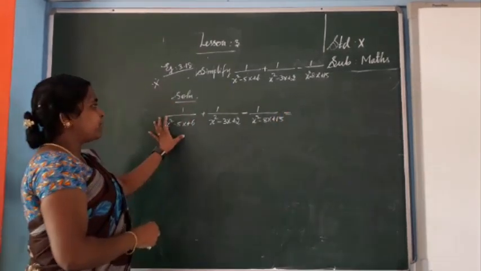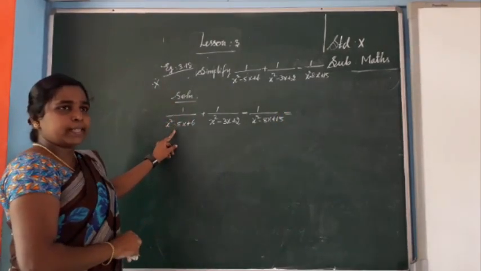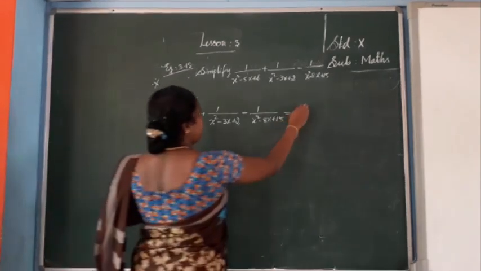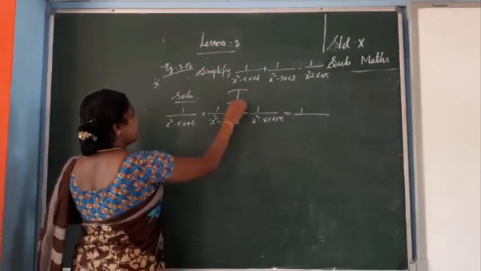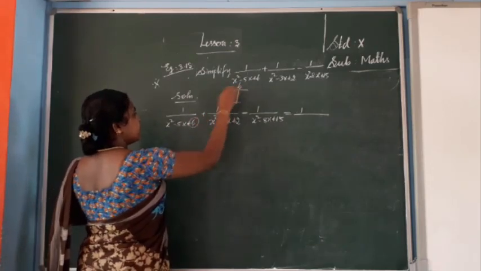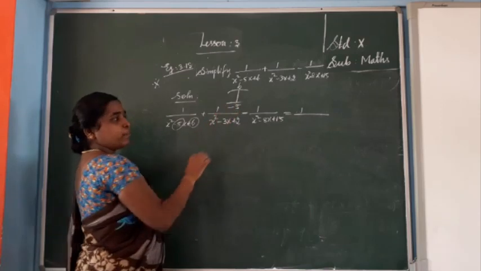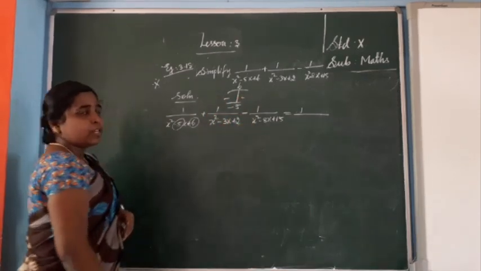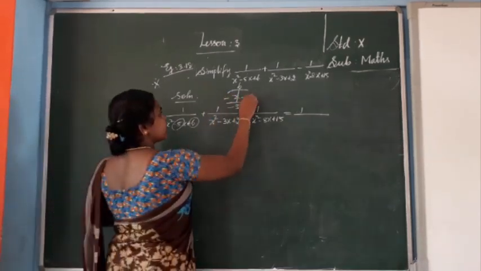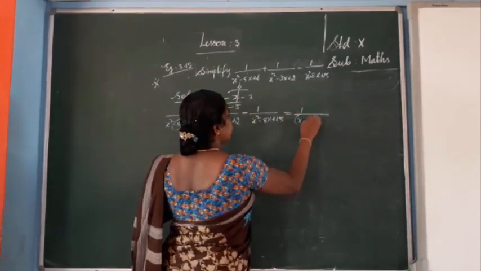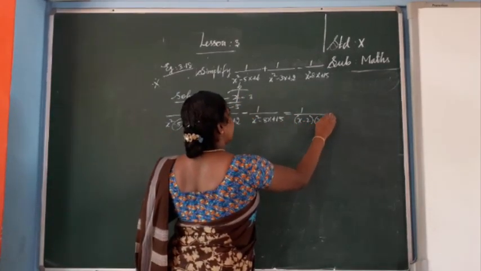So first part, you see one quadratic is there, isn't it? So first you factorize, okay? So 1 by, you factorize that: product is 6, sum is minus 5. Product is positive, sum is negative, means both the numbers are minus. So very simple, 2 threes are 6. You add that, 2 plus 3 is 5. So the factor is x minus 2 into x minus 3, okay?